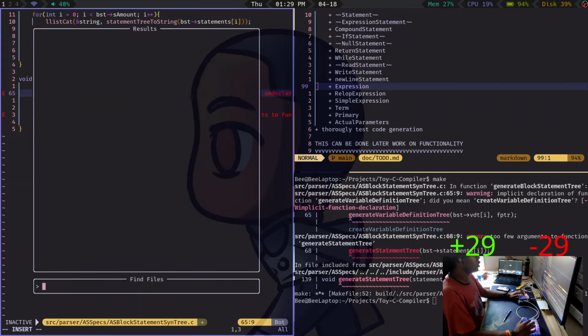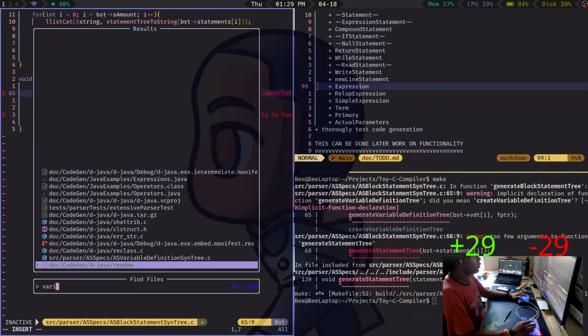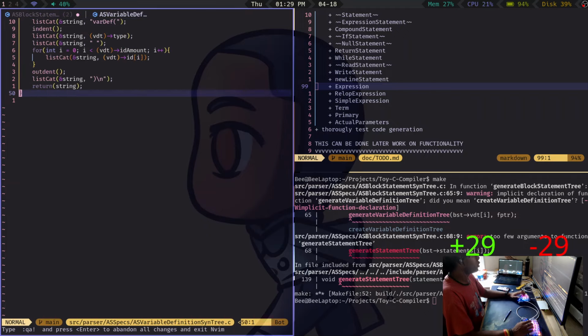Yeah, let's create that real quick. Variable definitions.